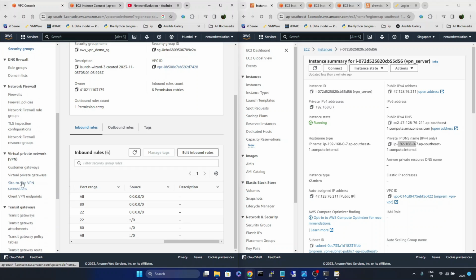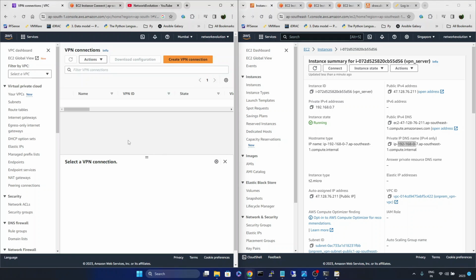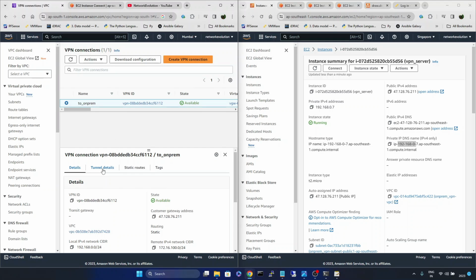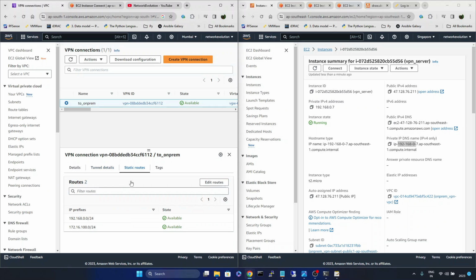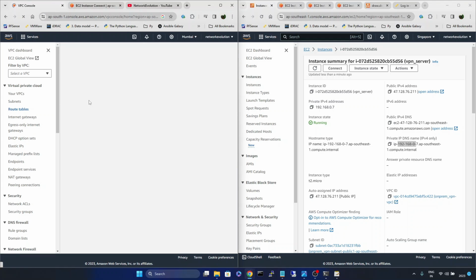And now we'll check the already established tunnel. Click on tunnel details, and here tunnel 1 is already established. I have added only tunnel 1 details in the Linux VPN server. That is why it is showing only tunnel 1 details. And if you look into the static routes, we can see both routes are there in the IP prefixes list, and in the route table,